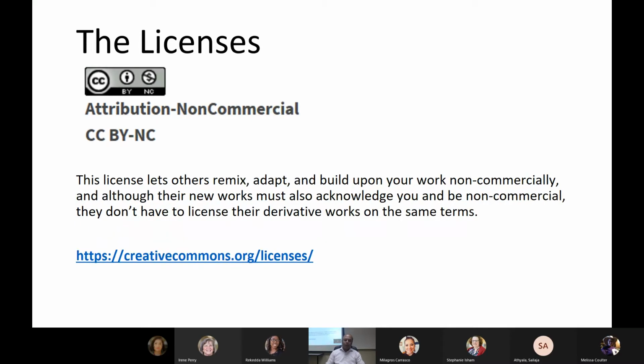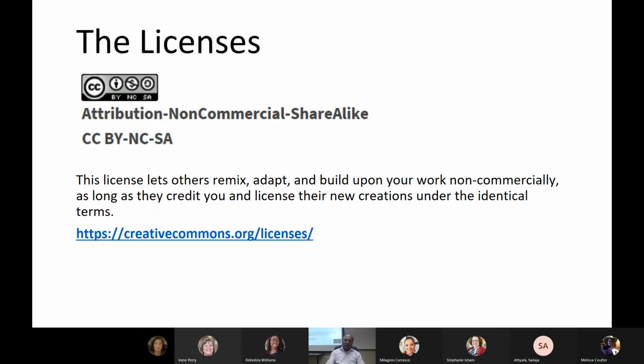Then another one, CC BY-NC, which is non-commercial. This license lets others remix, adapt, and build upon your work non-commercially. If you get this attribution, CC BY-NC, you can use your OER materials, but not for commercial purposes. And another one, CC BY-NC-SA,